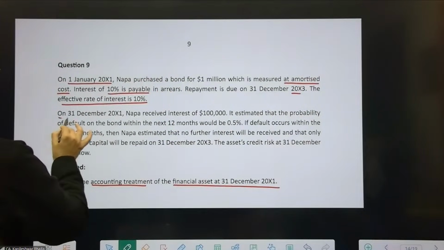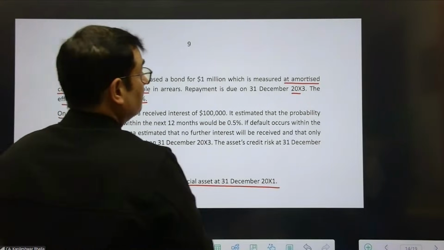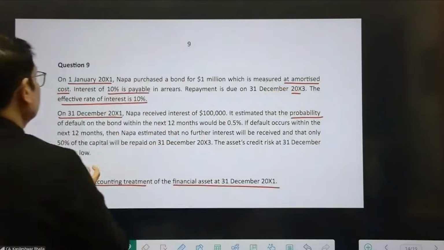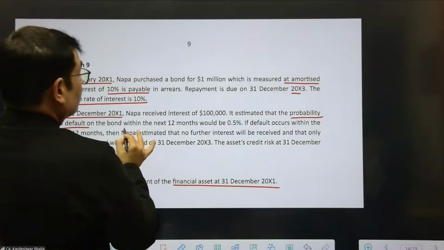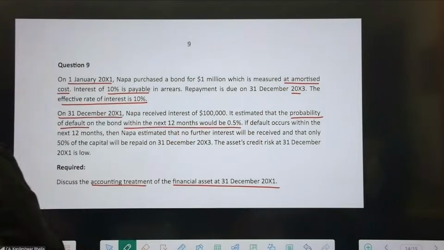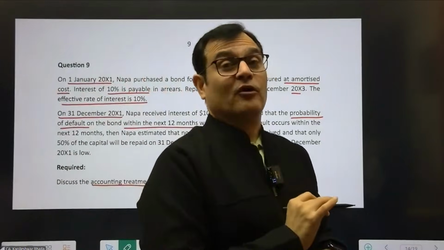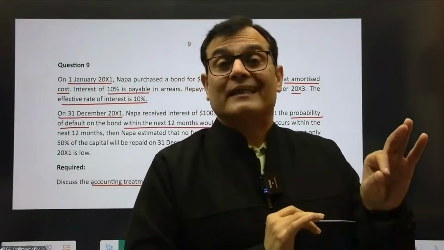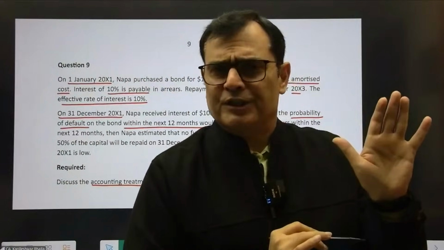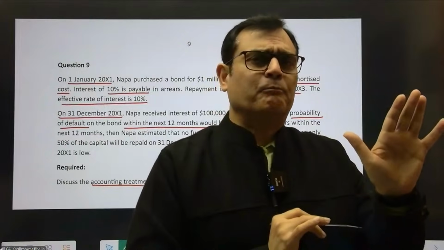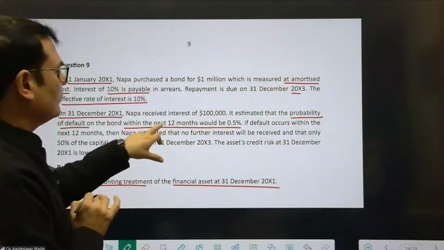Then he says on December X1, NABA received the interest. It estimated that the probability of default, that is the step number 2, within the next 12 months is 0.5%. Now, when he calculated the probability of default, that means he has applied the concept of a general approach because it's not a case of trade receivable. So he's already applied the concept of a general approach and given you the POD based on a 12 months